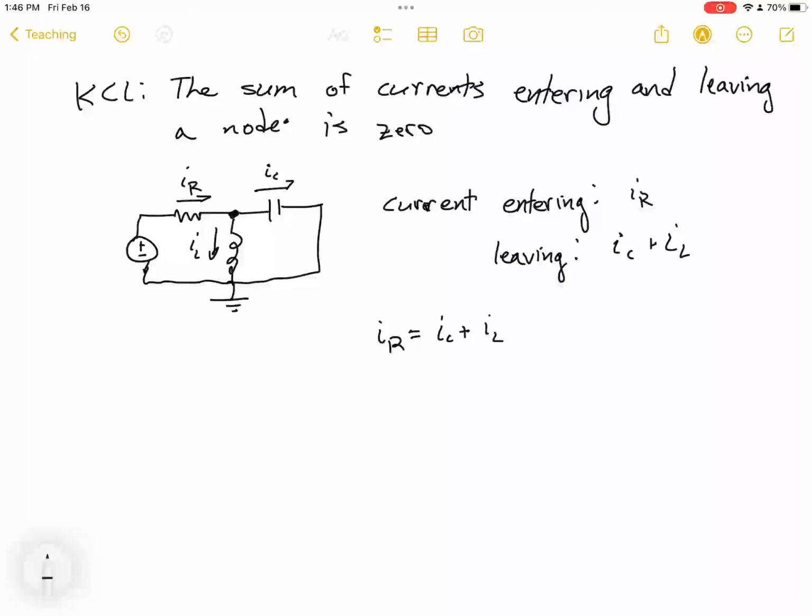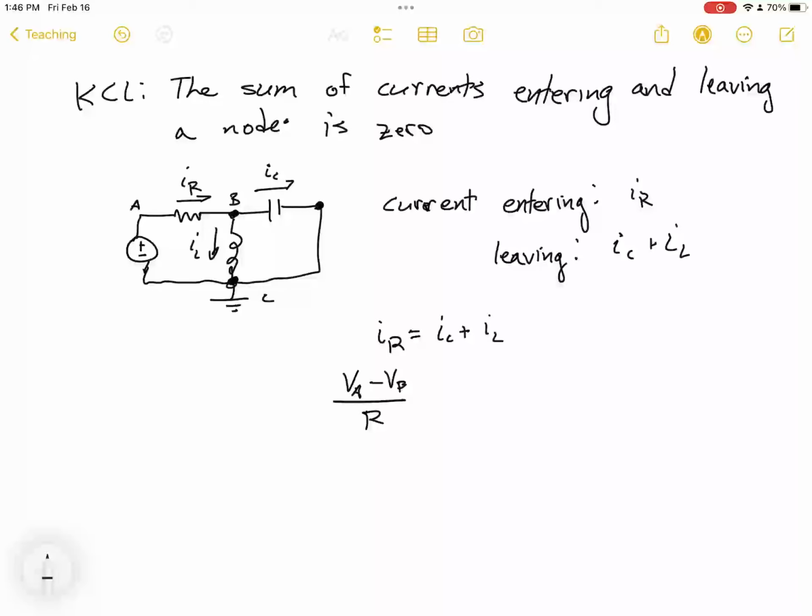And so IR is going to be, if I start labeling things here, I'll label this node A, B, and ground over here I'll call C. You can see that the one side of this capacitor is connected to the same side of the inductor. That's all one node. So IR is VA minus VB over R,